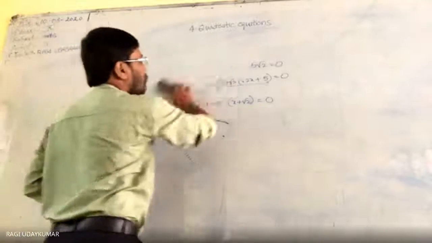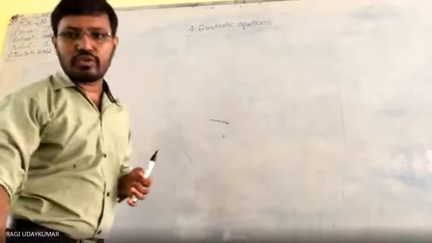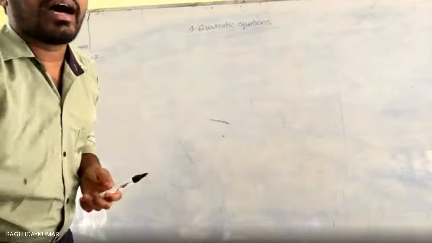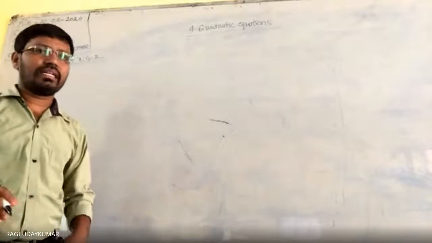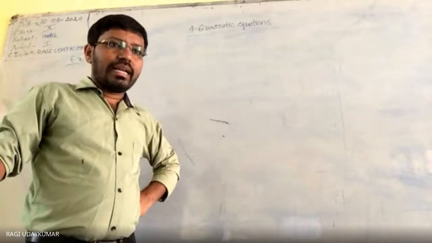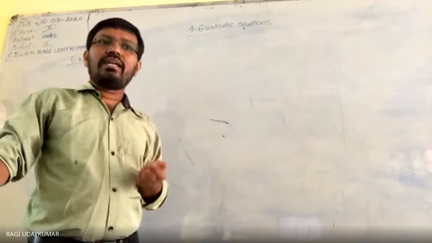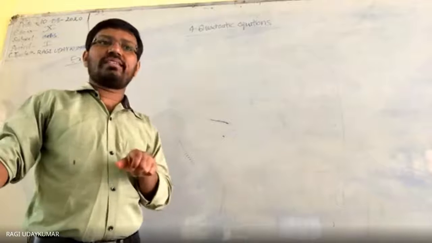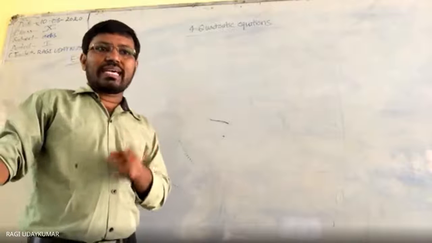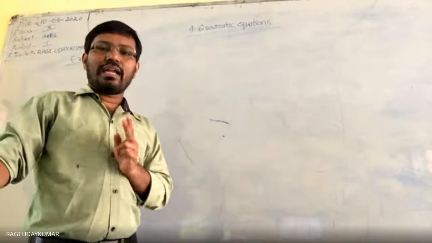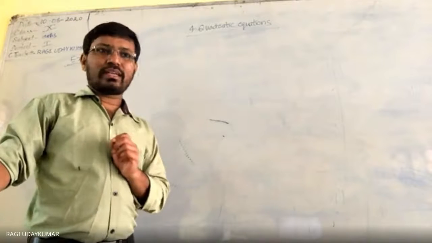Okay? So now in this exercise 4.2, actually in the next two problems, if you see, those problems are not in the syllabus, but let us discuss one problem if you want. Let us go for the big number. Suppose the third problem is given: find the two numbers whose sum is 27 and product is 182. Okay, so this is the question given to you.